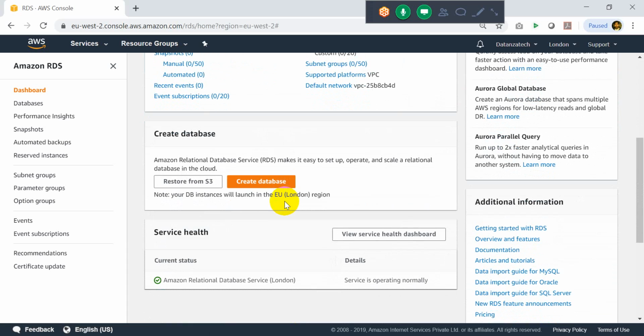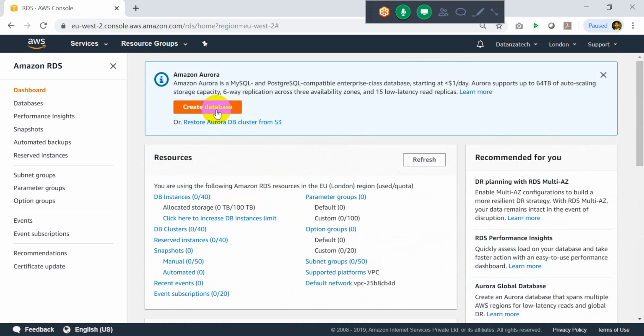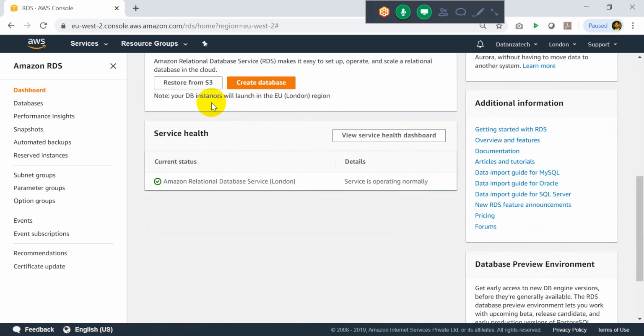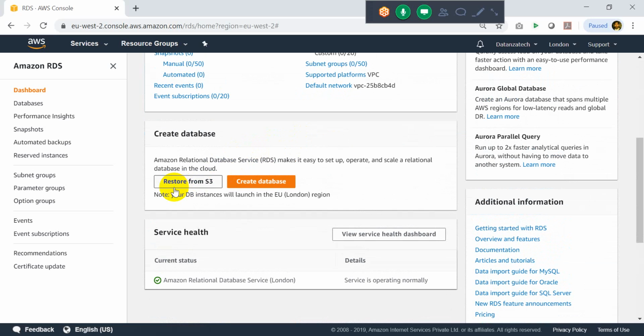So, if you go ahead and clear this, restore Aurora DB from S3, DB instances will be launched in EU London. You can also restore from S3. As the very first step, imagine that your company's database was running on your own premises. What you can do is simply take a backup using any tools like MySQL or Oracle, backup the database,